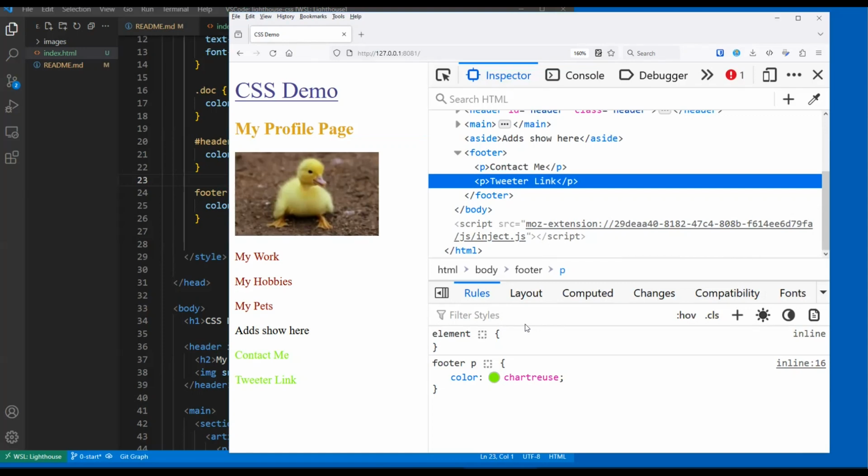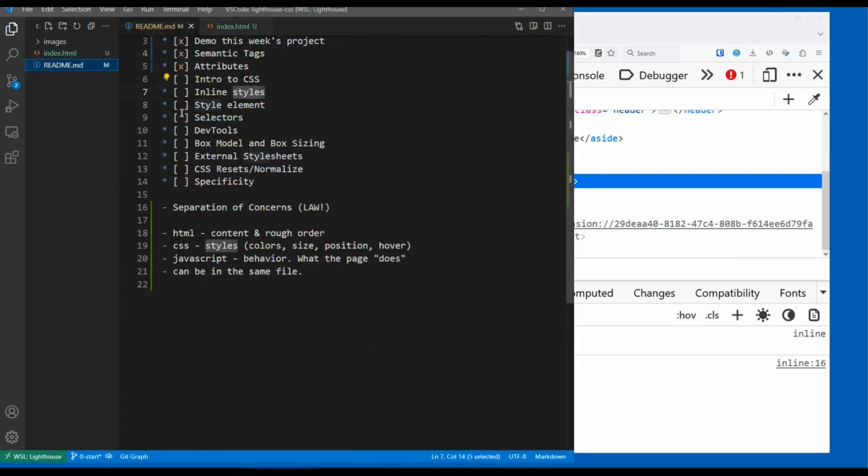So let's talk about something else. It's called the box model. We've talked about inline styles, elements, selectors, and how to use our dev tools. Let's talk about the box model. What the heck is the box model? Well, the box model is really how everything is built on the page. In other words, on the page,